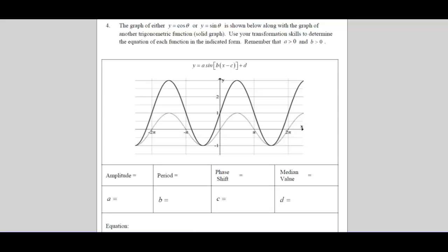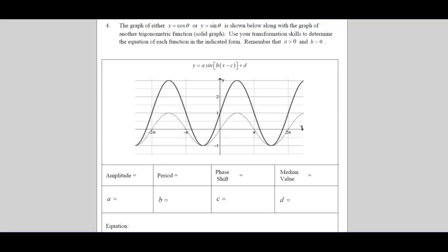There's your sine. And the solid one, the darker one, is the transformation. Use your transformation skills to determine the equation. Remember that, okay, so in this case, we're keeping A positive. And, of course, B is positive. Okay? So what I do here,